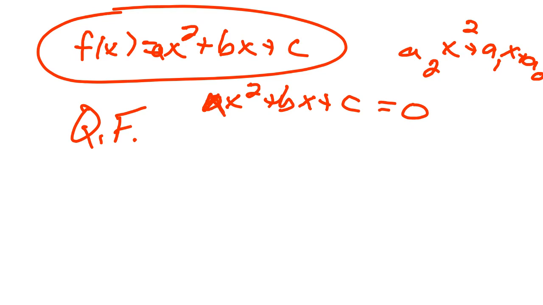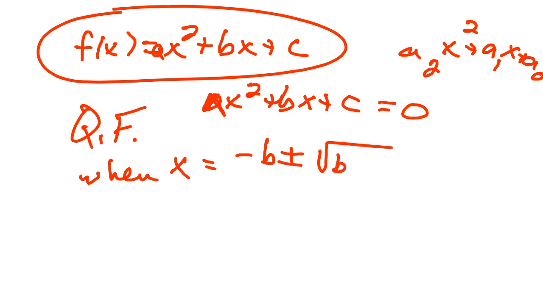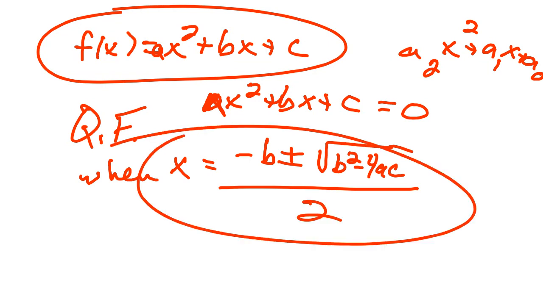So ax squared plus bx plus c equals 0 when x equals, anybody? Negative b plus or minus square root of b squared minus 4ac all over 2a. Does anybody know why this is true? Calculus proves it. I'll tell you that. We'll talk about that later. And then the discriminant under here,